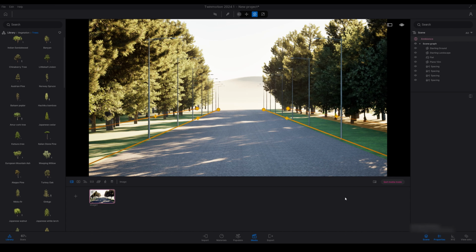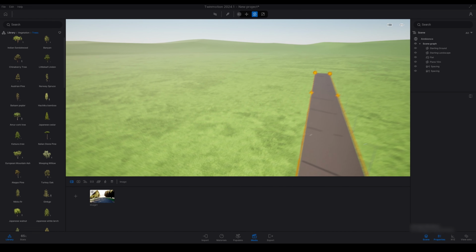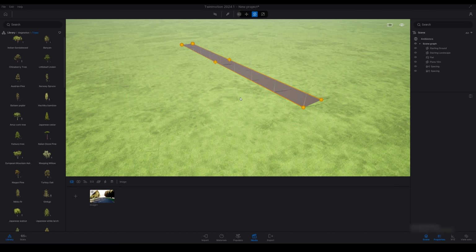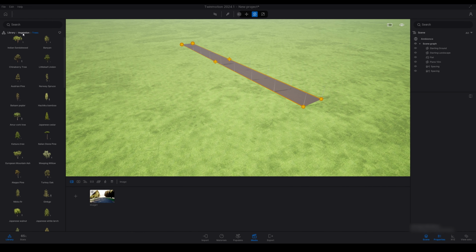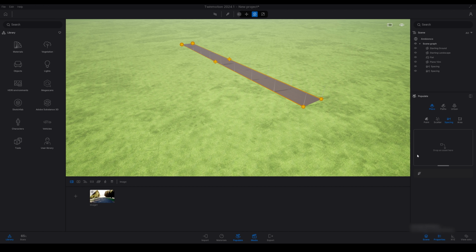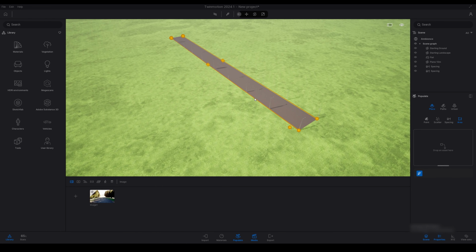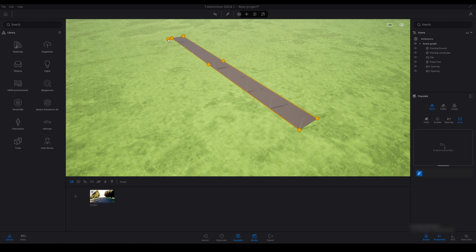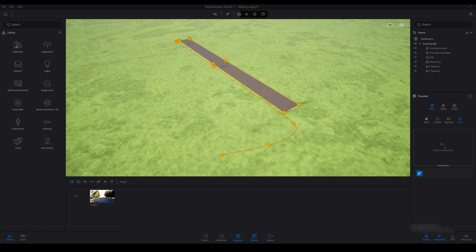So now we're just going to go ahead and select our two spacings and delete those, the vegetation ones. I'm going to show you another way using the populate tool and using the area tool now. So it's a similar way. You place a point, your first point, your second point, your third point, fourth point, and then your last remaining point. So you're basically creating a box.